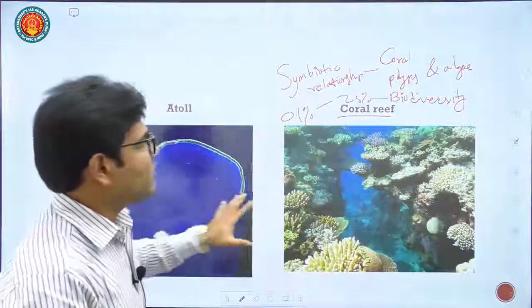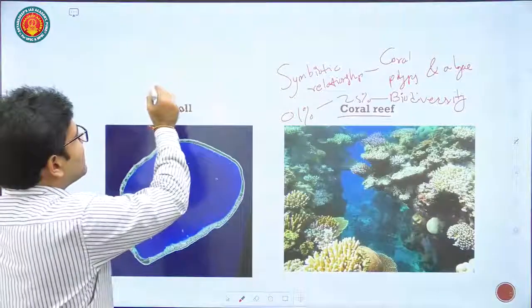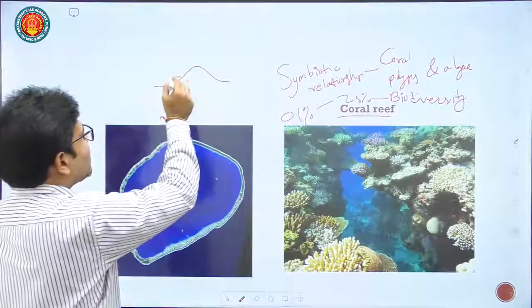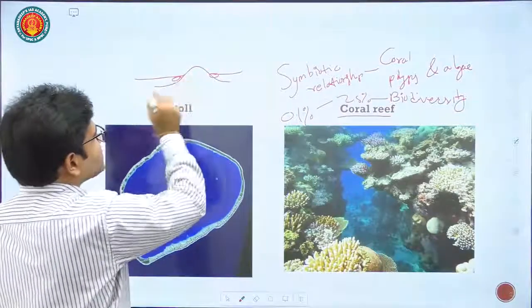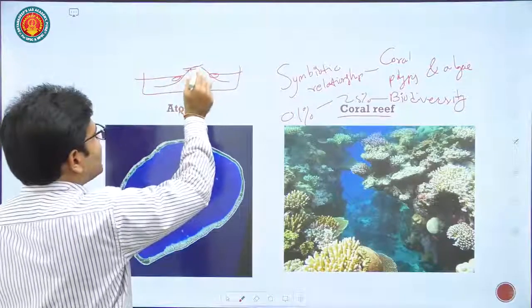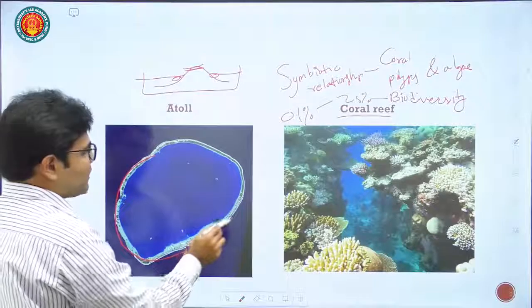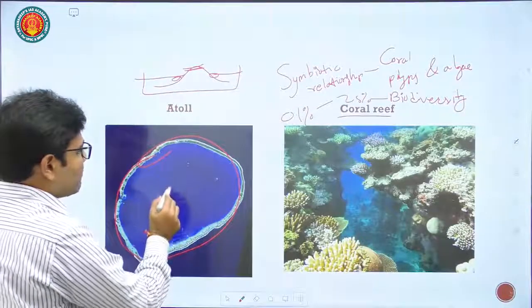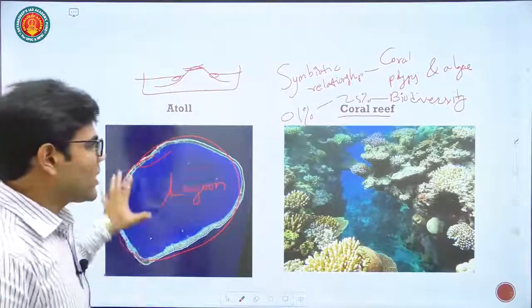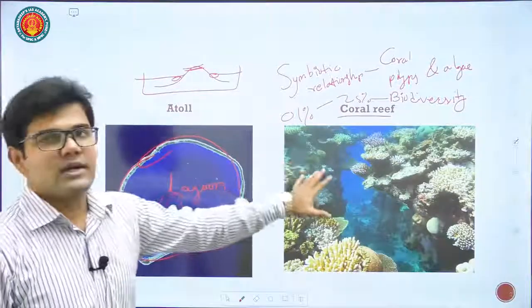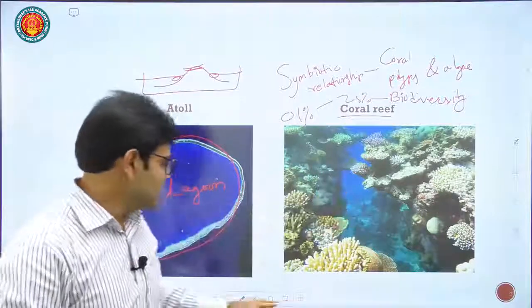And one type of coral reef is the atoll. Here what happens, there is a mountain formation over here. Coral, this is water. Fine. So coral will be formed over here, but after millions of years, this mountain will be eroded. So this mountain is eroded, and we have these corals surrounding this mountain peak. So a lagoon will be formed over here. This is called a lagoon, and this type of coral reef is called an atoll. So an atoll is basically a type of coral reef. Fine. So in Lecture-02, we have many atolls and many coral reefs.